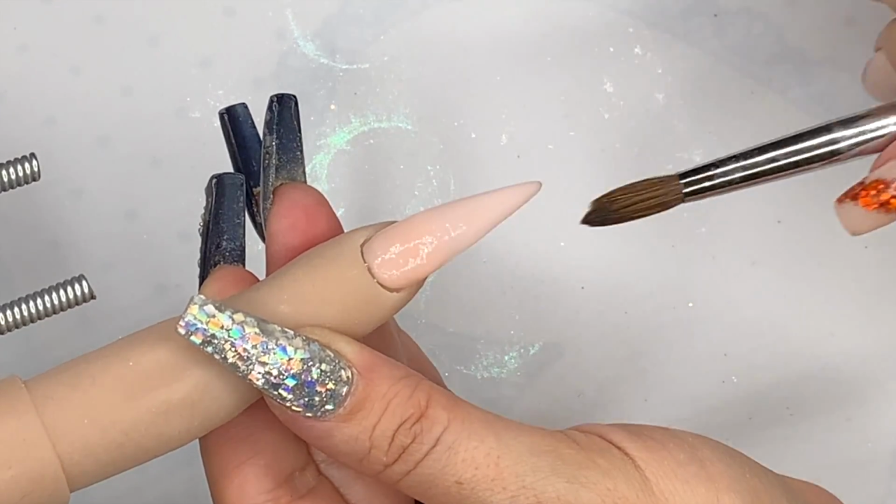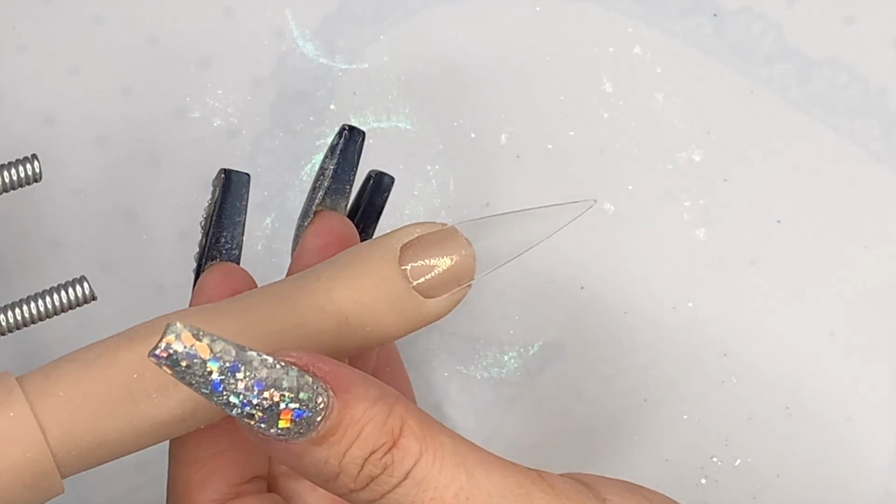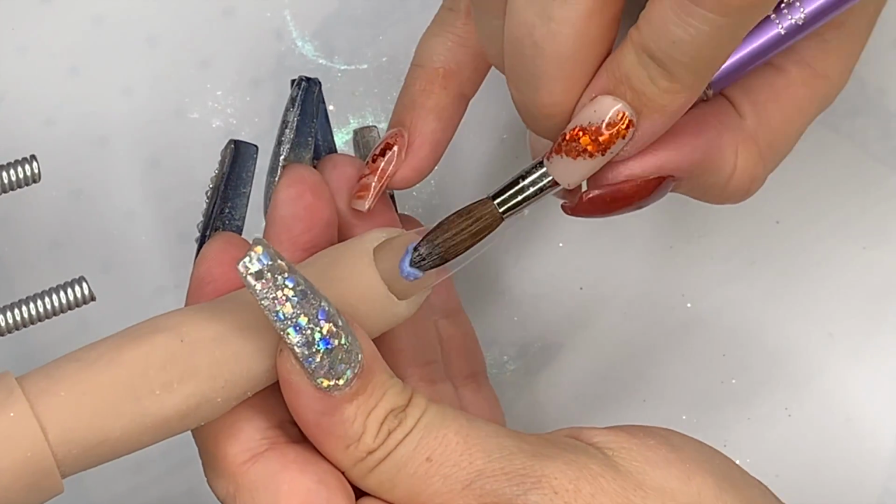So I'm just using my brush to tap down the sides. And then we're on to the next finger. I don't know which one it is, but...